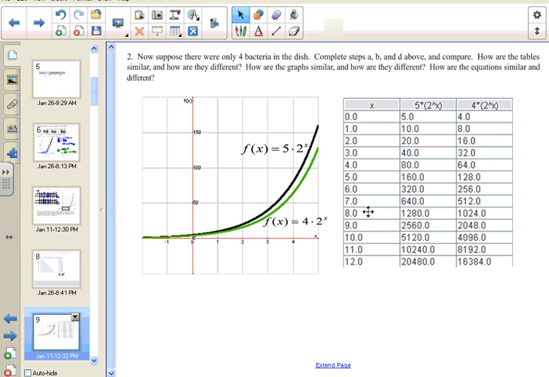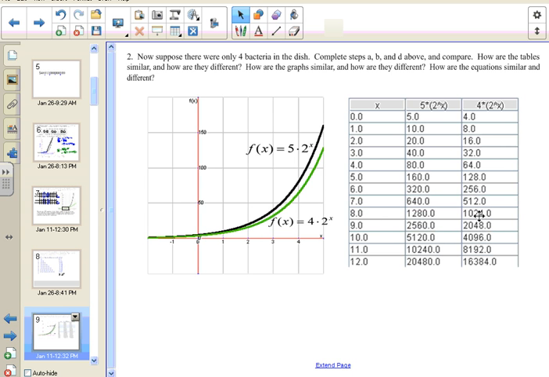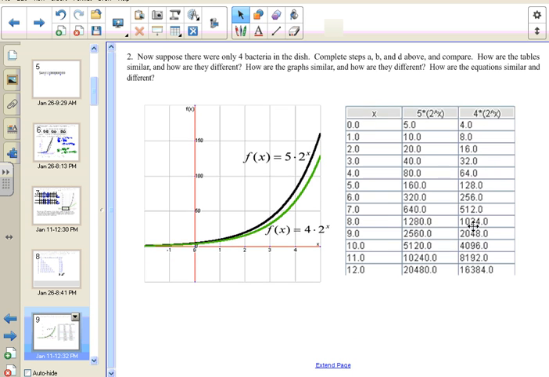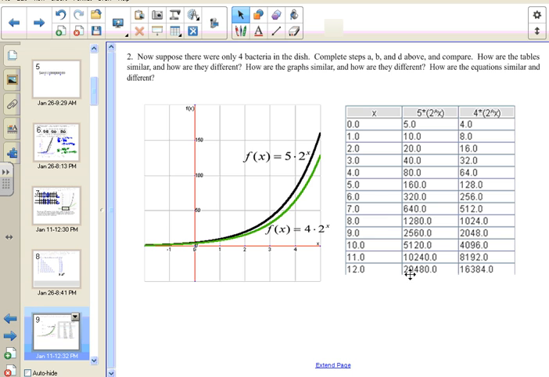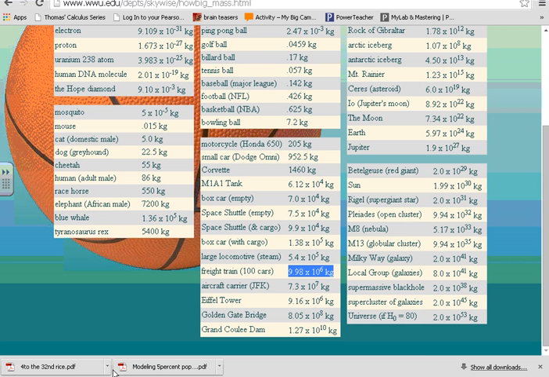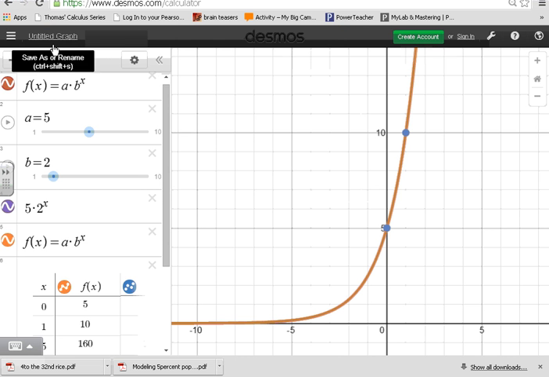We can see that after 2 hours, there's a difference of 200 or so bacteria when we started with 5 compared to when we started with 4, and there's a difference of about 4,000 bacteria by the time we get to 3 hours away. So that seems relatively significant, but I want to compare it with something a little later. First of all, observe the function in